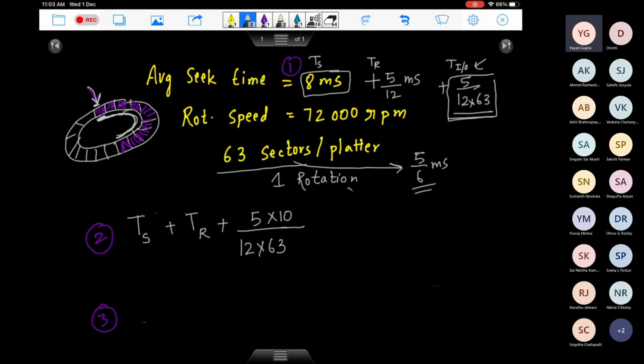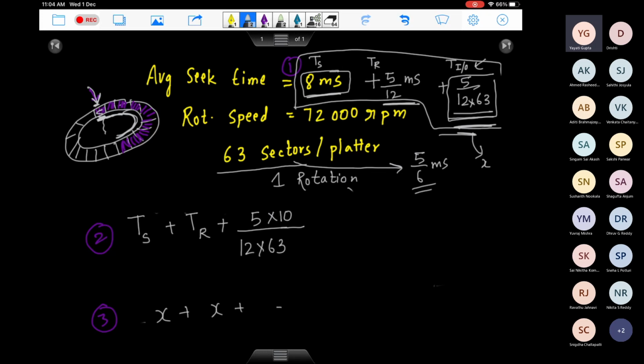So you come to the first sector and you do a read write here. This is the time you will take. We have calculated this on an average, the time it takes you to read one sector. Let me call this entire thing as X. So it takes you X time to read any random sector. And after you read this random sector, again the another sector could be anywhere randomly. So it will again take you the same time, 8 milliseconds to go to the right track, 5 by 12 milliseconds for your disk to rotate on an average to the correct sector, and the time for input output. So X plus X plus X, 10 times. So it will become 10X. So 10 times the answer which you got in the first part.